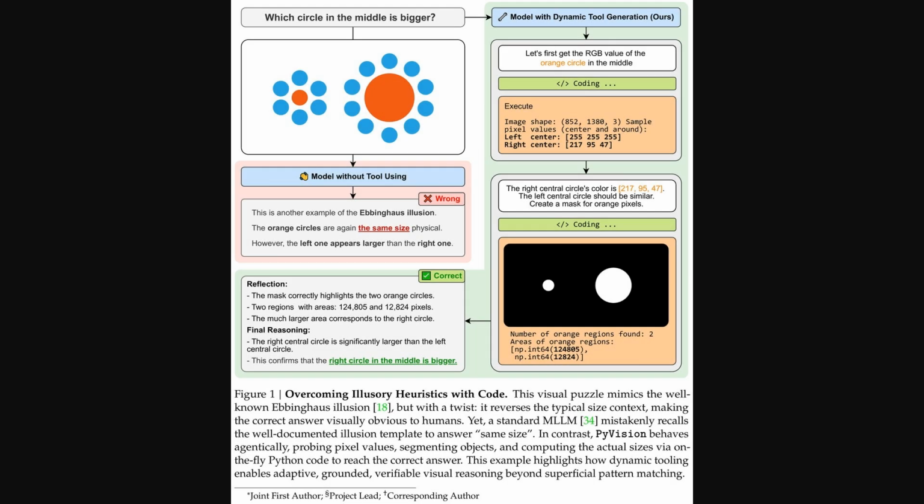To really see this in action, the authors provide a great visual example. The figure shows a visual puzzle, a twist on the famous Ebbinghaus illusion. Now, a standard multimodal large language model, or MLLM, which is a model that understands both text and images, gets it wrong. It sees the pattern and incorrectly recalls the classic illusion's answer, but with PyVision, the model doesn't just